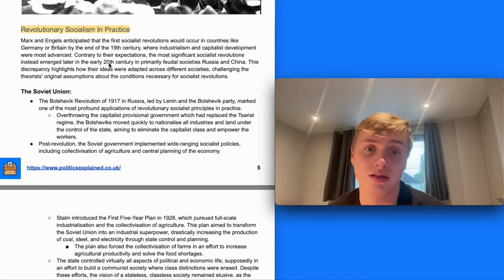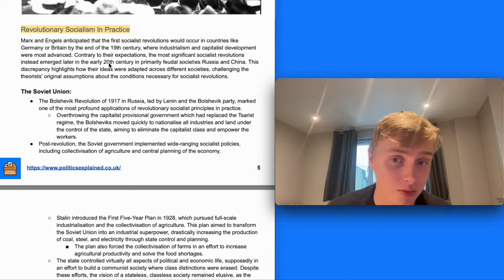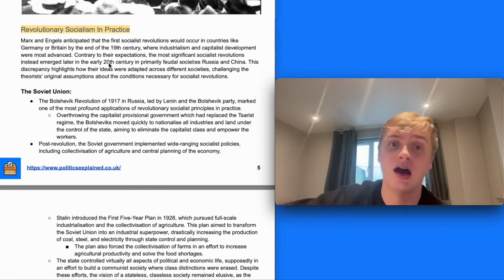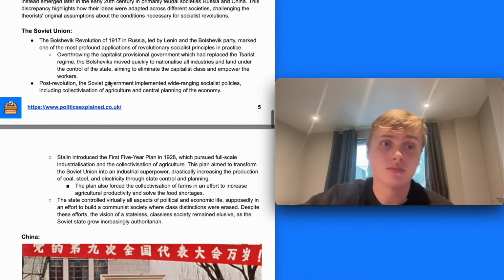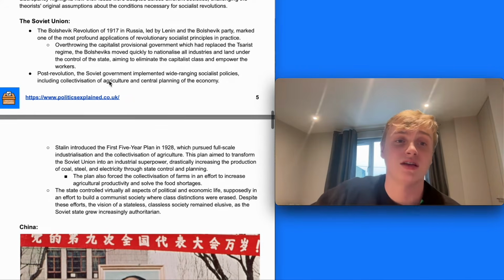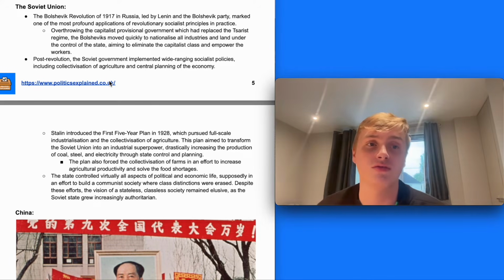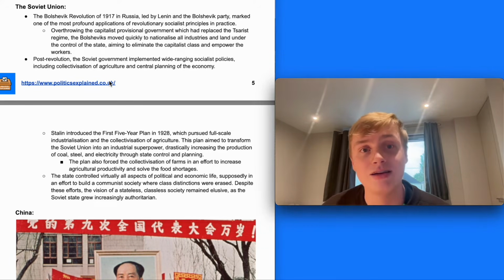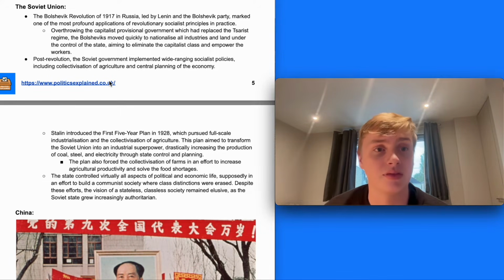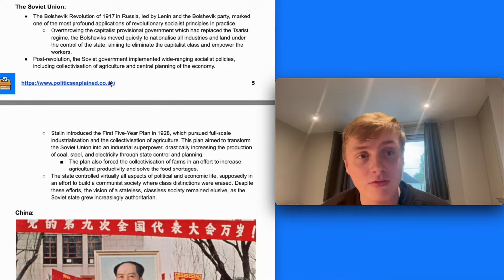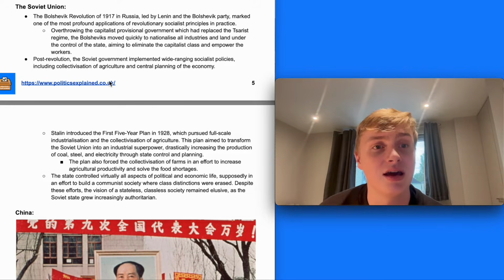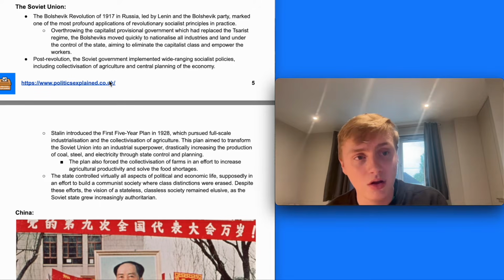They occurred in Russia and China, largely driven by parties inspired by Marx and Engels' thought. So the first socialist revolution was in 1917 in the Soviet Union, led by Lenin and the Bolshevik Party, as I said. And post-revolution, the Soviet government implemented wide-ranging socialist policies, including collectivization of agriculture and central planning of